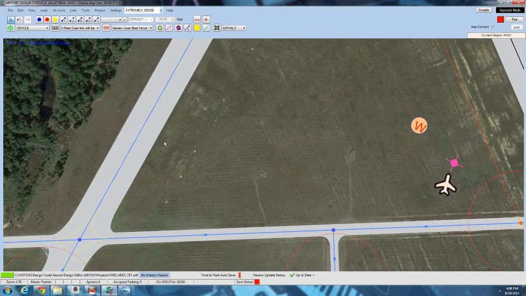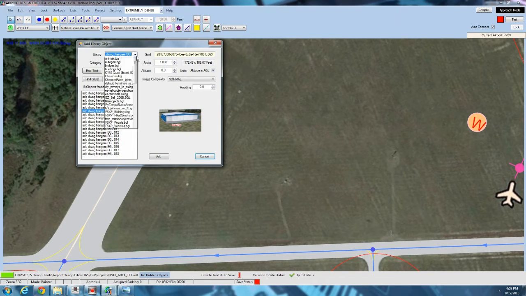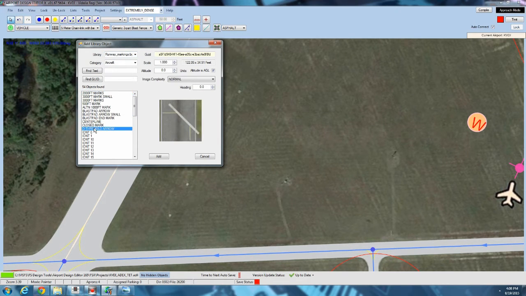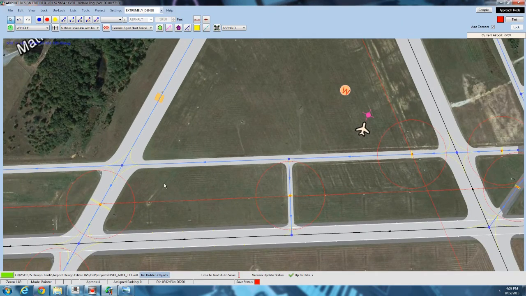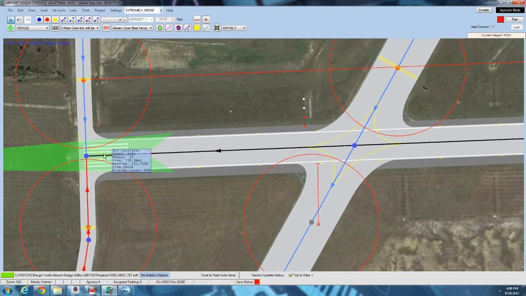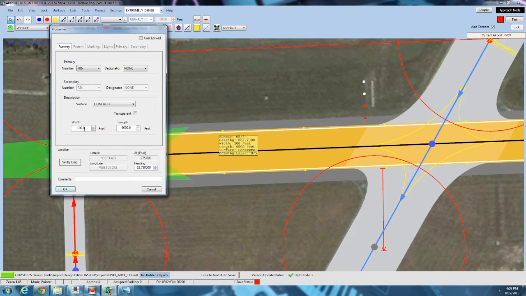There are two ways you can put X's here. You can use library objects if someone has been nice enough to make some library objects. I've got one here, Runway Markings, which is just a library object of runway markings. So I can place any runway marking anywhere I want. However, these are fixed and do not change with the runway. For example, threshold stripes indicate how wide a runway is. If you were to make this wider, say if we upped it back to 150 feet the way it is by default,